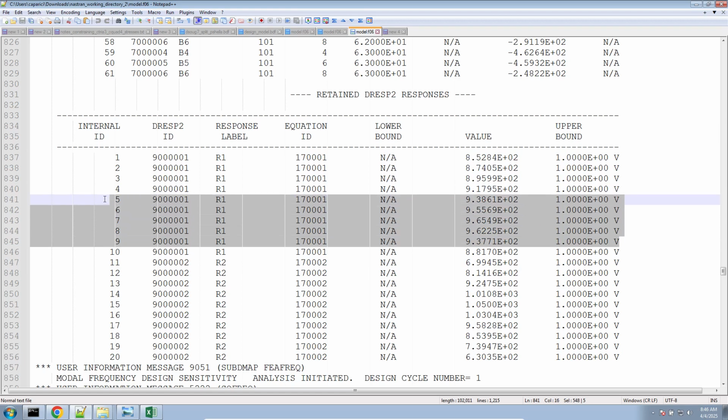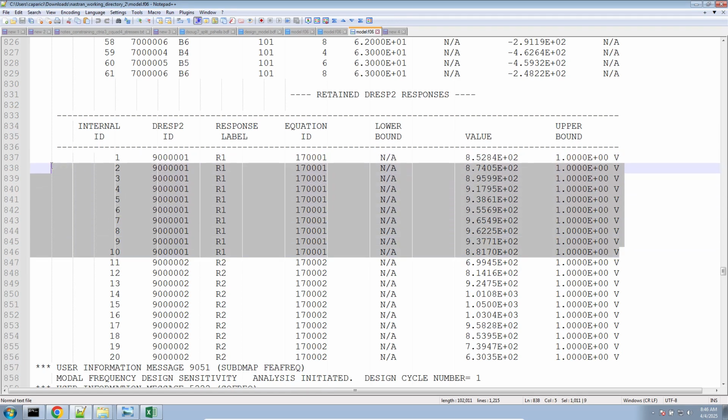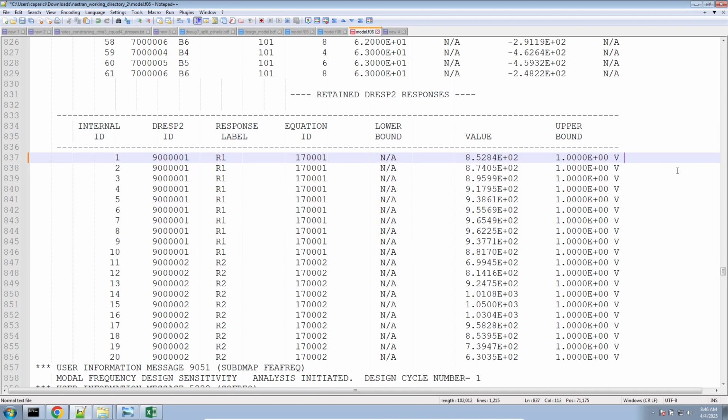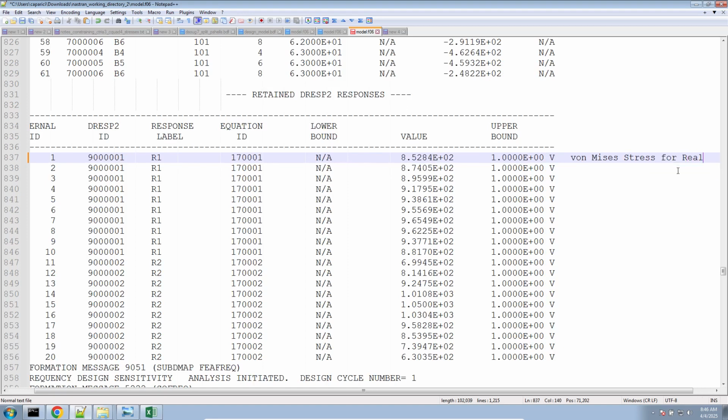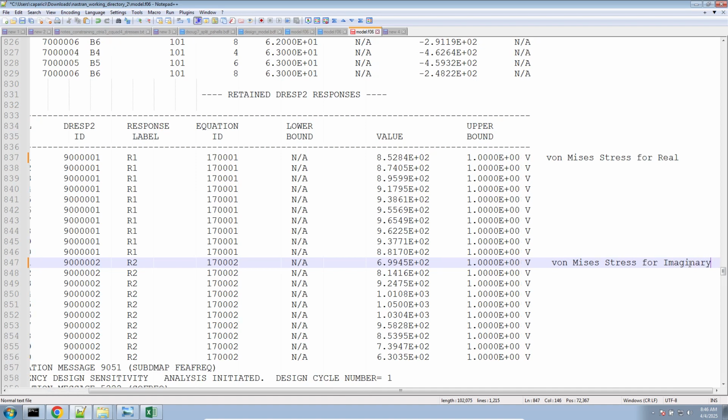So let me highlight these rows. These rows are the von Mises stress for real values. The next set of responses, 9,000,002, are the von Mises stress values for the imaginary components